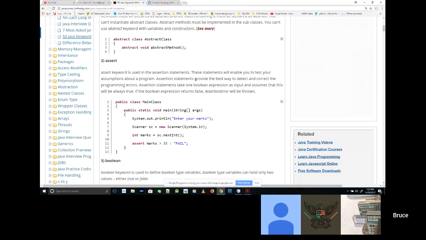Can somebody give me an idea, by what I've described and what you see there, what you think assert does? Elijah. I don't understand the scanner quite, but forget that. I think it sort of looks like an if-then statement. You're right, it is like an if-then statement, but with a behavior. It's just saying if something's true or not. Oh yeah, but it only does stuff if it fails.